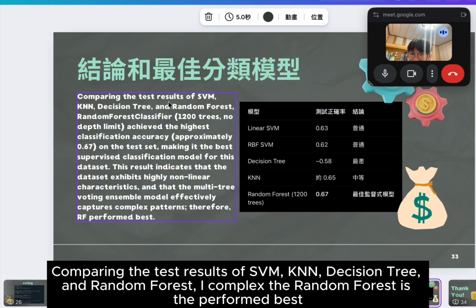Compare the test results of SVM, KNN, decision tree and random forest. I compare